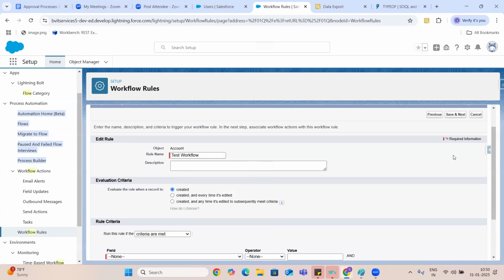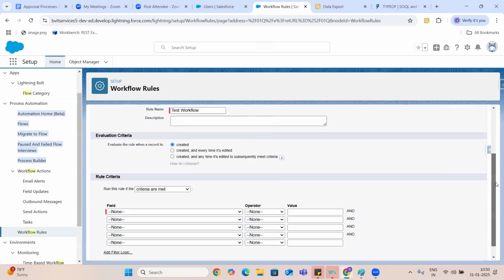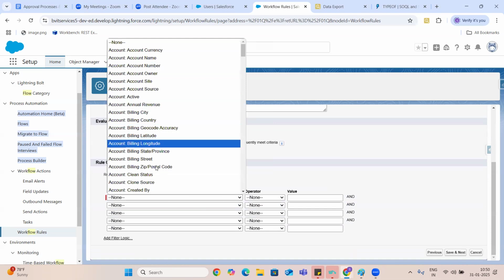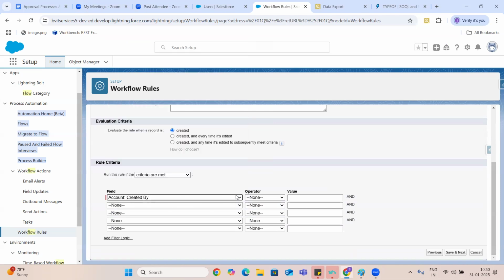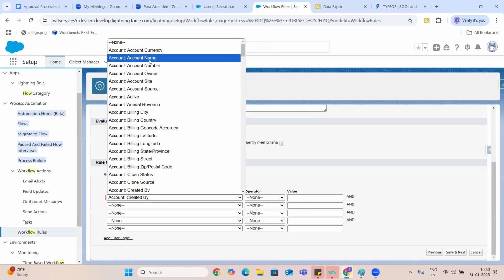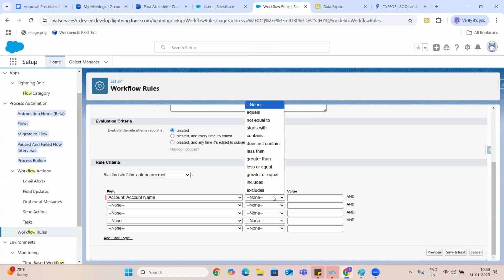If I select created, every time whenever it's creating, and let us assume account type or anything, or account name, anything. If account name contains test, any criteria. Here we are going to mention the criteria and click on save and next.